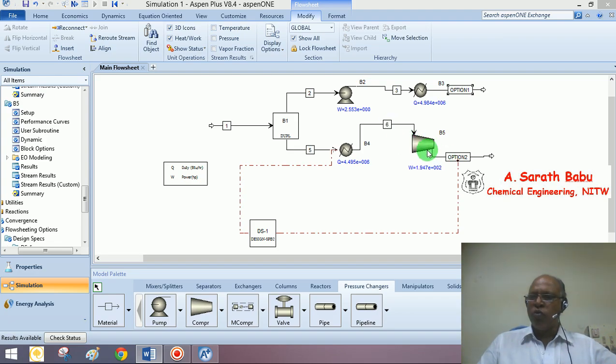Because of the large volume change associated with vapors subjected to pressure change, the energy required would obviously be quite high compared to the energy required when you handle that compression in the form of a liquid. When compared between liquid compression and vapor compression, the work required in the case of vapors would be quite high. So as a result, option 1 is always a much superior option compared to option 2. In the same way, you will be able to even handle energy balances